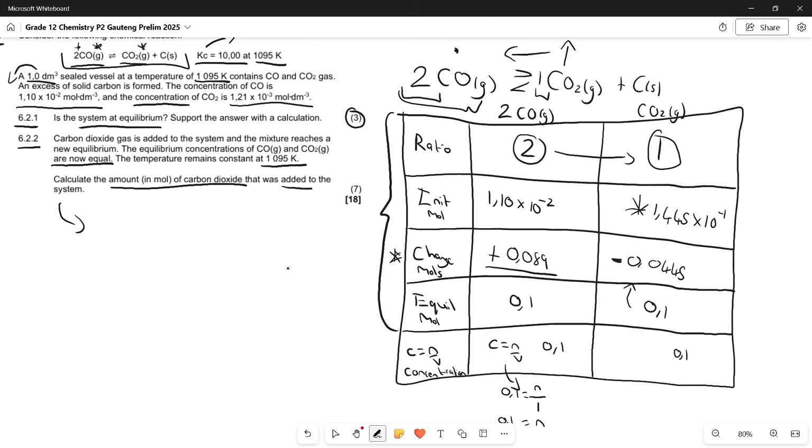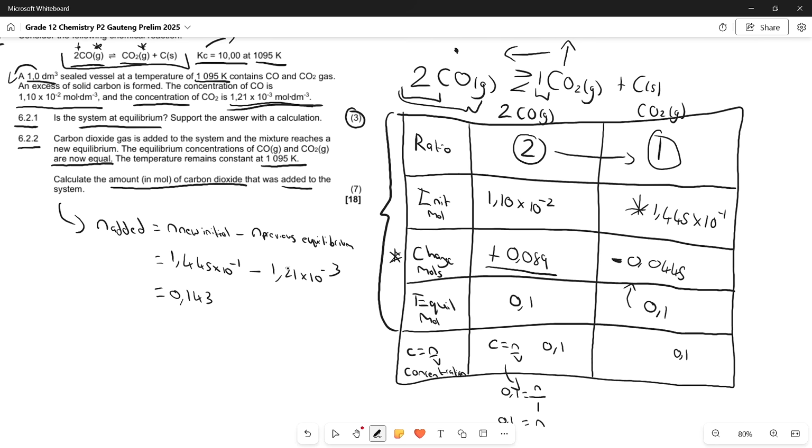And then the last step in the chain is calculate the amount in mole. Here we have the initial moles of carbon dioxide that was added to the system, and what we can do is go n added, the amount of moles added, equals the amount of moles for the new initial minus the amount of mole at the previous equilibrium, because they didn't just take this amount of concentration or mole and put it over here. They added more CO2 to the mixture, and therefore we had to calculate the new initial and compare it to this previous initial. So our new initial is 1,445 times 10 to the negative 1, and we're going to subtract the answer we have over here, the 1,21 times 10 to the negative 3, and that will equal